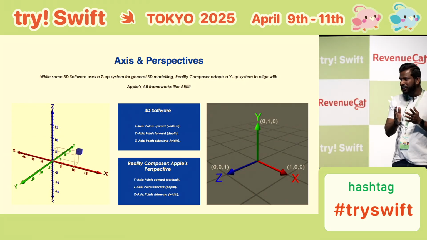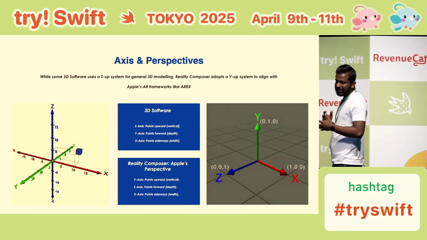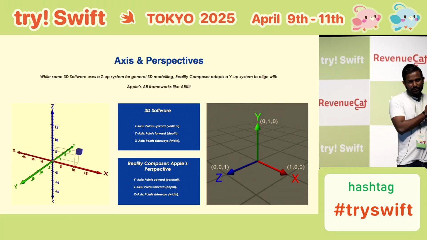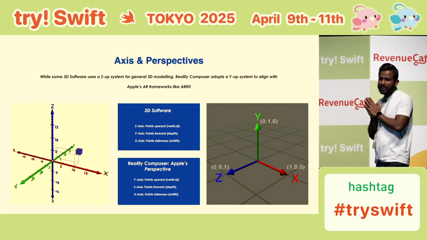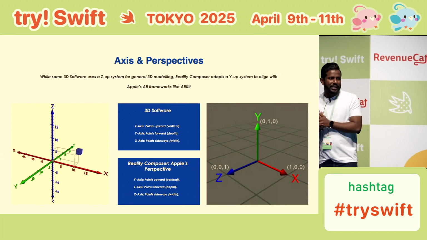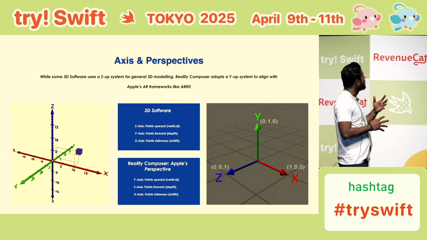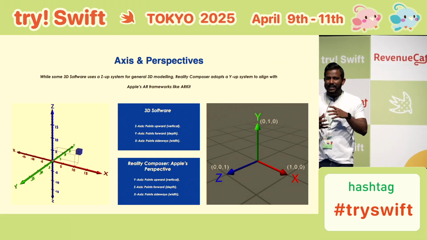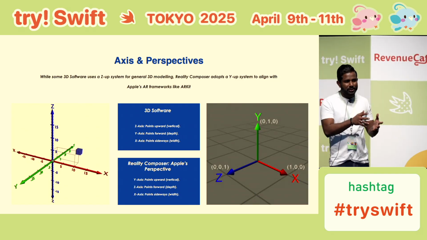So all you need to do is change these axes before you export, and before you import into Xcode or Reality Composer. That's really important, because otherwise you won't see the object rendered correctly in